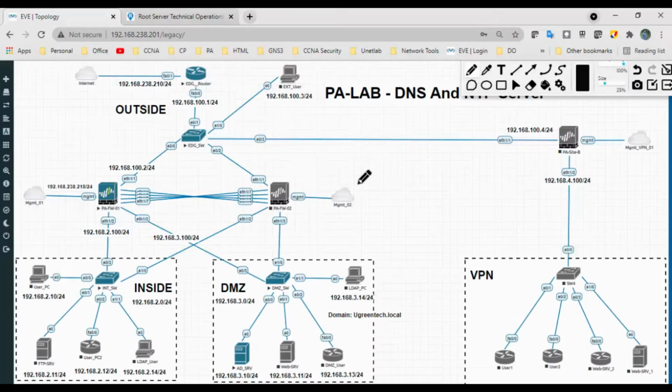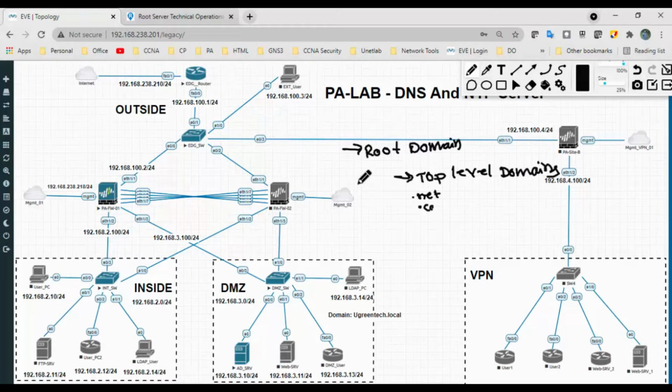The domain name system of the internet works in a hierarchy, like an inverted tree structure. First we have the root domain. After that, there are top level domains like .net, .com, .org, .gov, that is government, and .it.